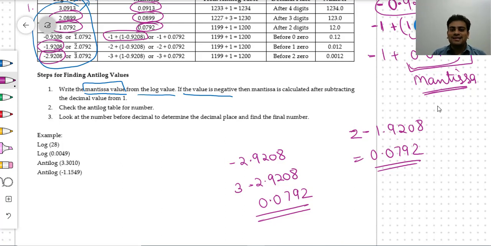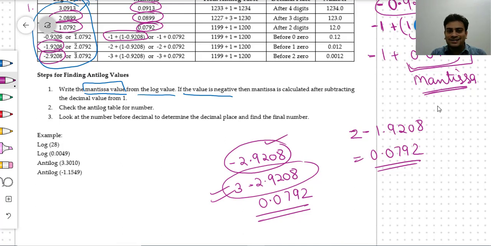But when you do some random examples, when you find the anti-log for random log values, then your mantissa will be different. Ultimately the process will be the same: you need to look at the number before the decimal, and accordingly you can find the mantissa value. Here, since my number before the decimal is -2, we know that we have subtracted some mantissa from -3 only, or we have added some mantissa to -3. That is why we have -2.9, and that is why we subtract my complete digit from 3.